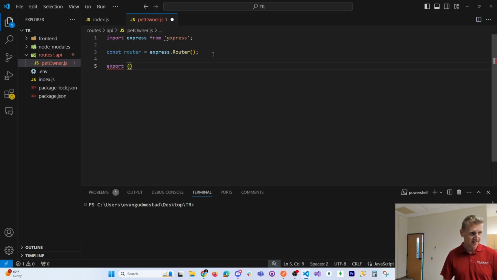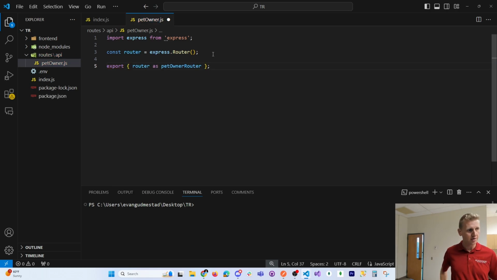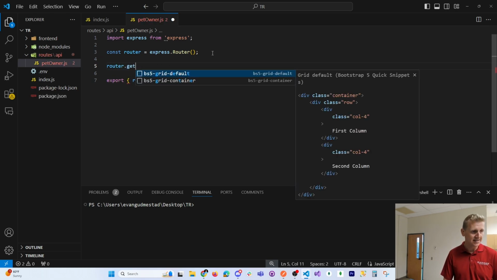And my syntax for this, I like router as pet owner router. And so we can have a named export here, naming our router variable pet owner router. And that sets us up to have some routes. And so you can set a router.get